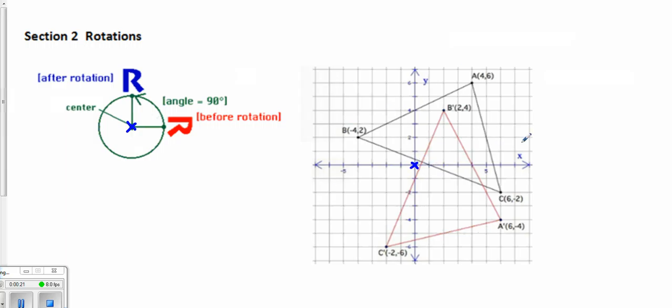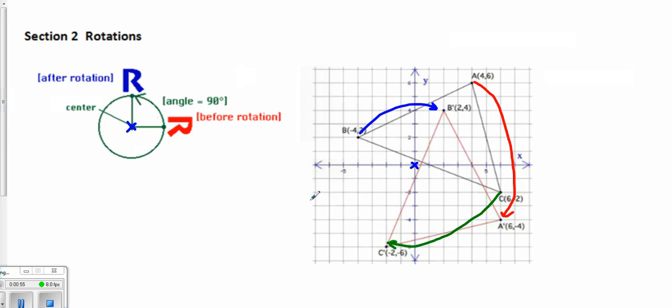This one is just showing us an example of what a rotation might look like. You can see going from B over to B prime, it rotates around. It makes a circular motion around the center here. Same thing, A going all the way around to A prime, and C going all the way around to C prime. Everything is just sliding around this center piece. We're pretending this is the focal point, and everything else is rotating around